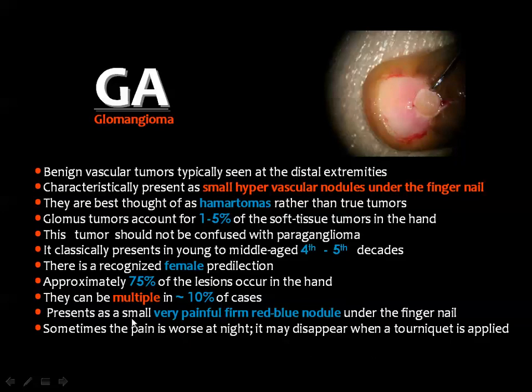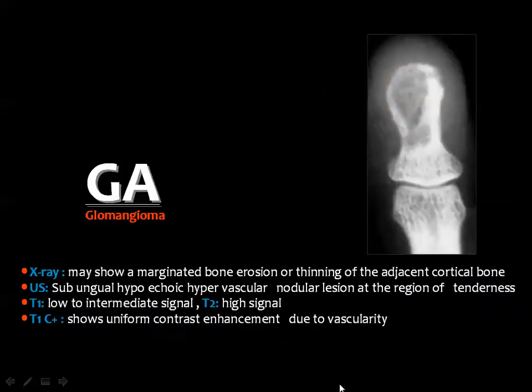This lesion is a small and very painful, firm red-blue nodule under the fingernail. Then, if you have the plain X-ray, you may see some osteolysis or bone rarefaction in the terminal phalanx of the affected finger. Ultrasound will show a hypoechoic hypervascular nodule in the region of tenderness. It appears in MRI as low signal in the T1, high signal in the T2, and shows uniform post-contrast enhancement